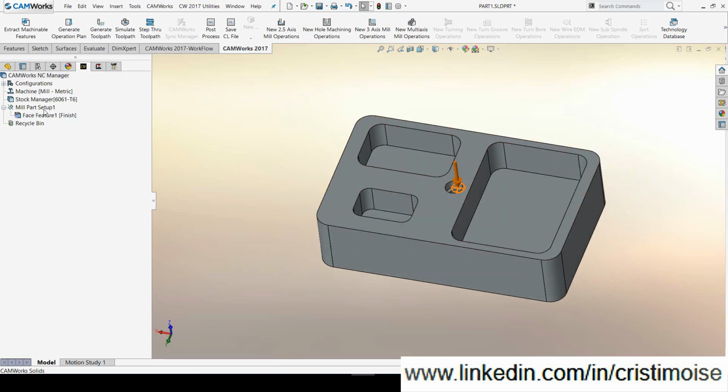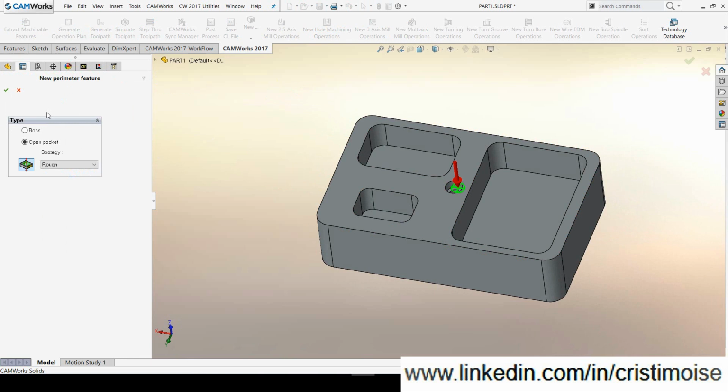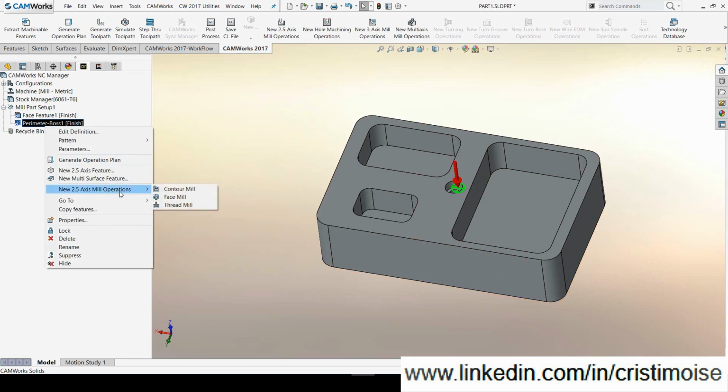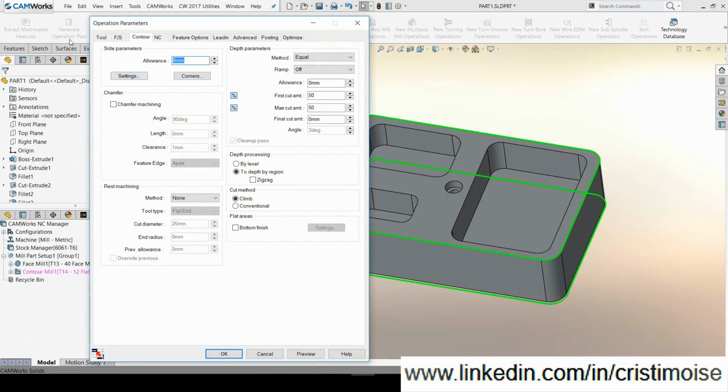Right now, I will define the perimeter of the part. The perimeter is a great feature in CAMWorks because you have two options, both as an open pocket. If you select both, you have all the contouring operation. If you select an open pocket, you have a strategy like roughing, contouring, and so on. Because my allowance is low on all sides, I will choose both, and for this I will have a contour mill, a face mill, or a thread mill? Is it possible? And I will choose a contour mill with a tool